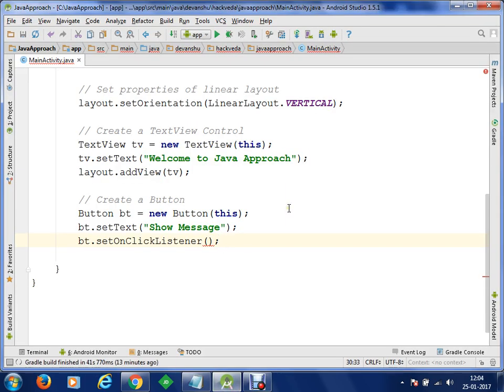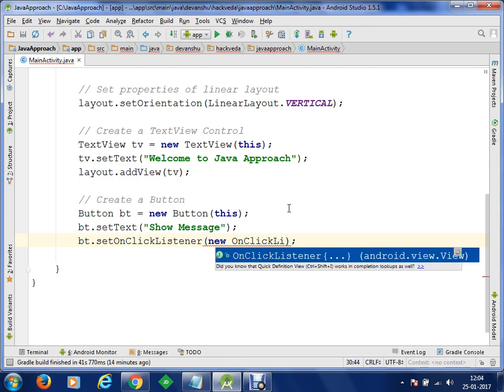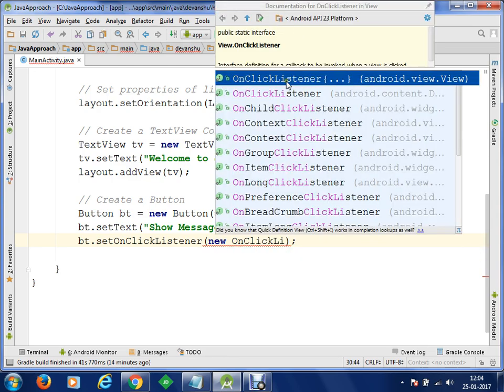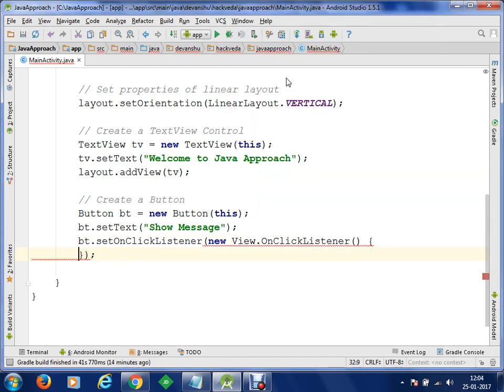So we are here. Now what am I going to do? I'm going to create a new instance of my on click listener interface. Now you can see that I'm going to use this on click listener interface. As soon as I have created it, you can see that an on click method will be overridden in it.